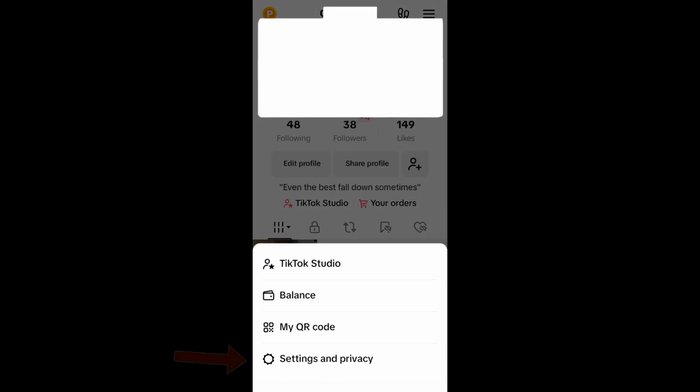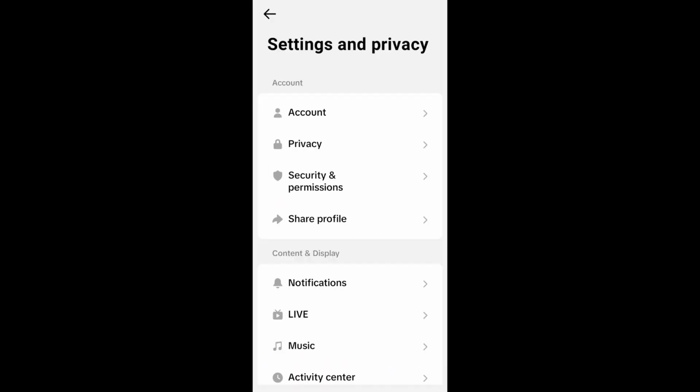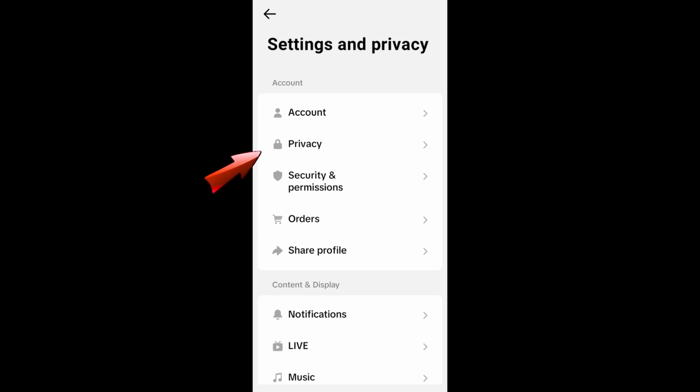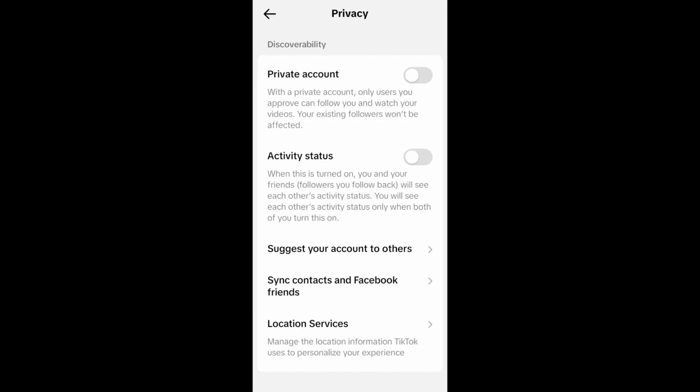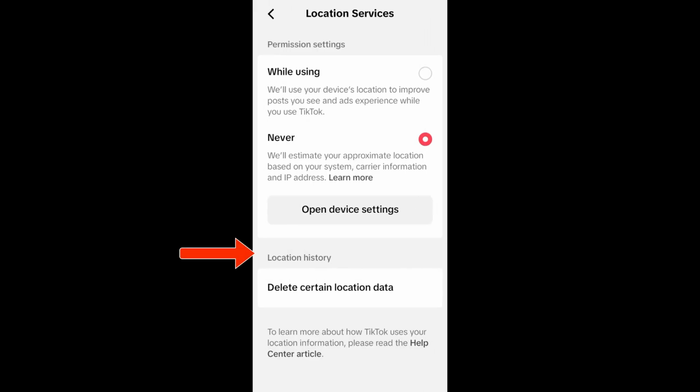Now go to settings and privacy, and then here you have to scroll down and look for privacy. Once you tap this, scroll down again and click location services. Now click open device settings, tap this one, and then